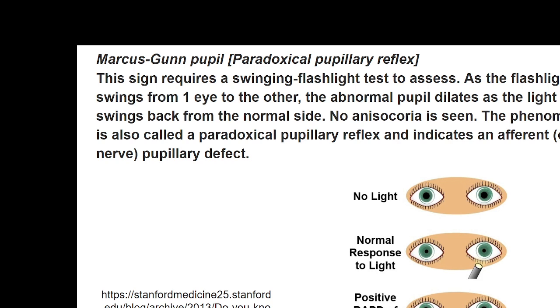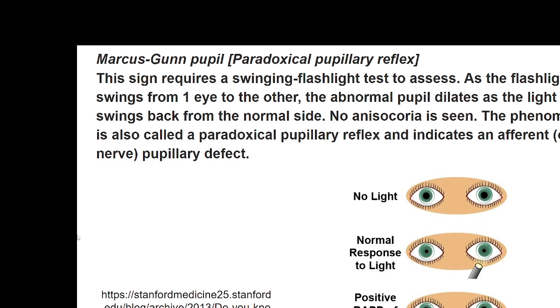But in patients with abnormal pupillary reflexes, it could be the other way. When you expose the light, the pupils may show a sudden, rapid dilatation. Then again there could be constriction. So the moment the light is exposed, there is initially dilatation and then maybe a partial constriction. That's what we call the Marcus Gunn pupil, or paradoxical pupillary reflex, and it is also better observed when